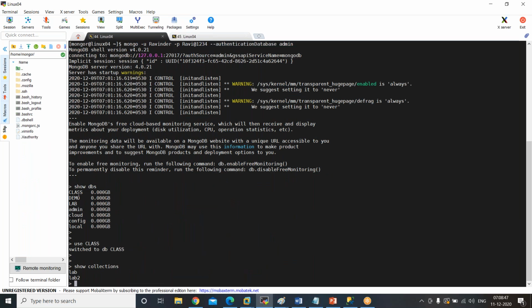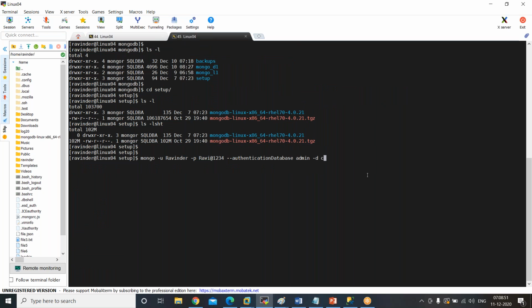The database is the class database, where I wanted to load. Then put this file, just a small command. So if I run this command,